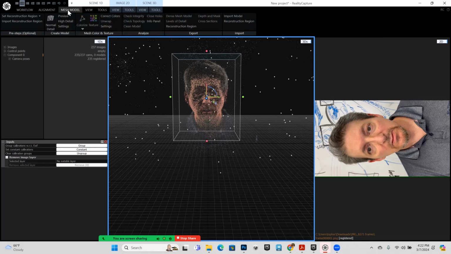Let me just go to the mesh model part. Okay, so the reconstruction region is there. And the next step is to go from alignment to mesh model. And I want to do a preview. So there's 3 levels here: preview, normal detail, and high detail. And the preview is going to be the lowest resolution model. So let's try that first, because each one takes exponentially longer. So if I do preview,